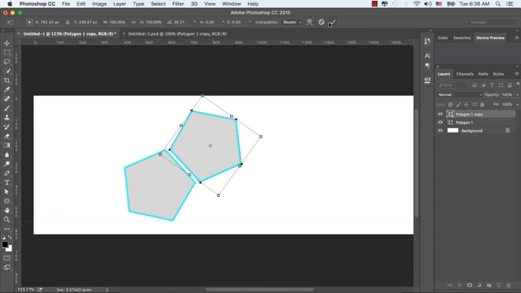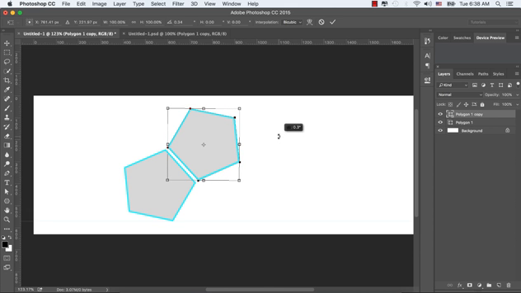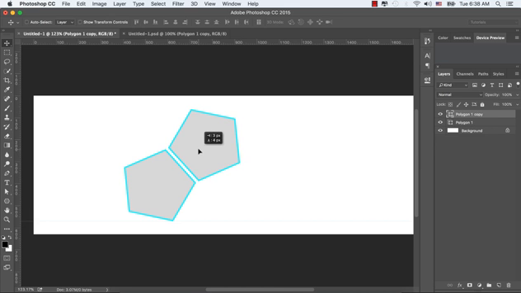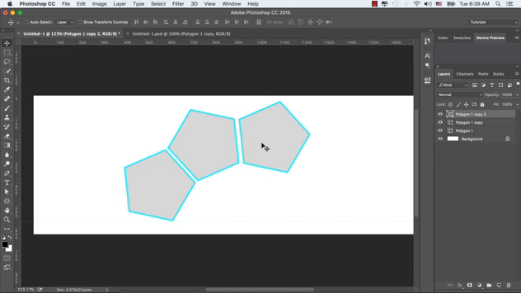And let's place it so that one side of both shapes would be the same. Let's reposition it and click OK. And now let's make another copy by pressing Ctrl or Command J, and let's move it by selecting the move tool, and select Ctrl or Command T in order to transform this layer. Click OK,